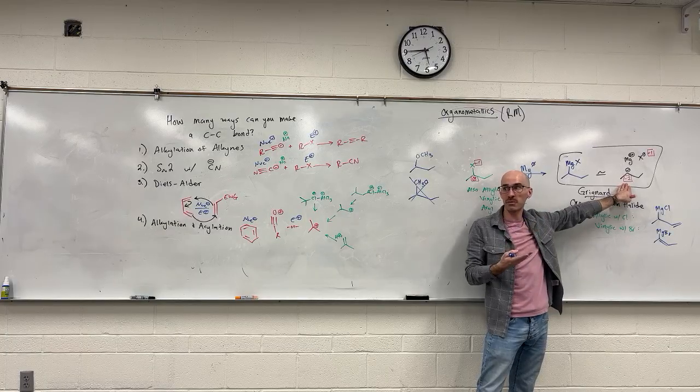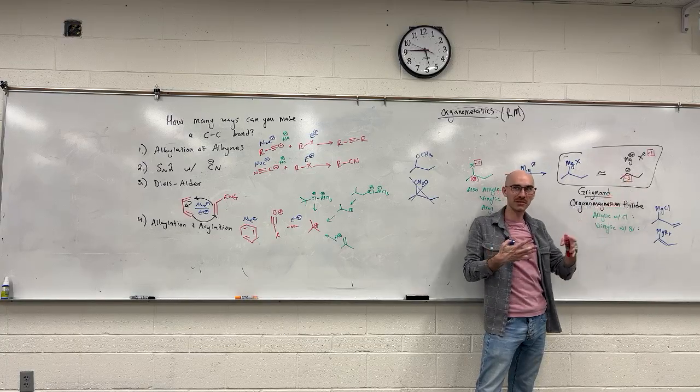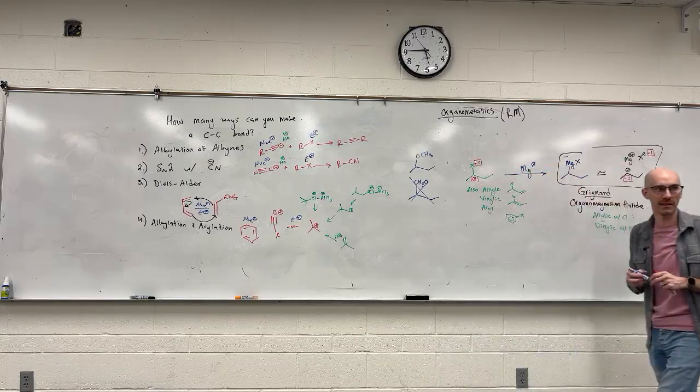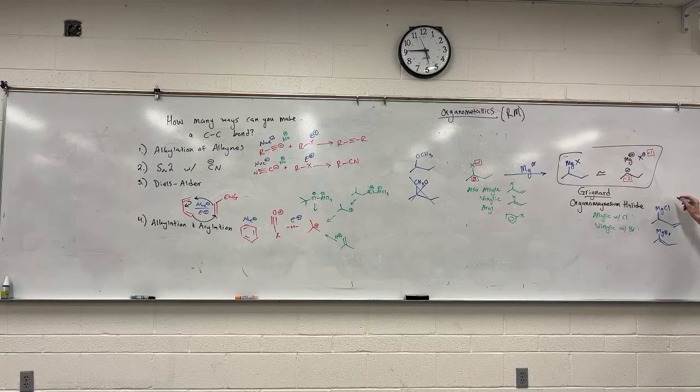But what is the relationship between these two? They're not resonance forms. They're not structural isomers. They're just two different opinions on how you should show it, display it. All right, I want to take a quick second to point out this allylic. If this were truly a covalent bond, then the structure of the Grignard should be pretty well locked in place. This is a secondary allylic group. And yet we know from experimentation